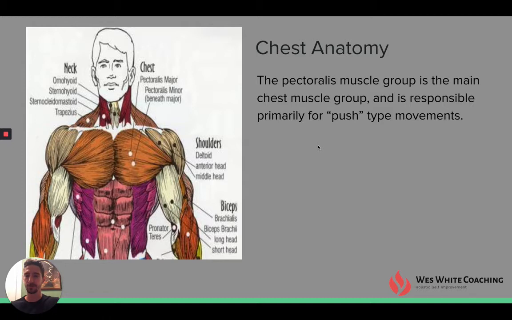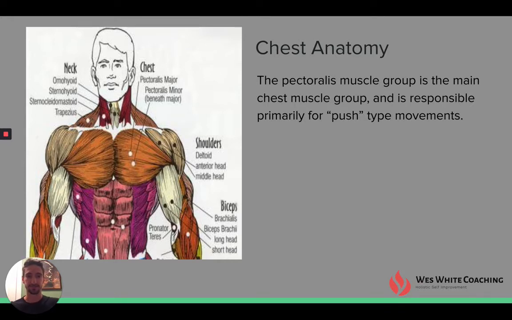Cool. So we're going to walk through each different muscle group individually and start with the chest. To give you a very brief overview of chest anatomy, the chest is made up of two different muscle groups. It's the pectoralis major and the pectoralis minor, which is just underneath it. But when we think about how to train the chest, we're thinking about push type movement. So that's literally how you push your body away from an immovable object. That can be something like the ground for push-up, or it can mean something like weights for dumbbells, or bench